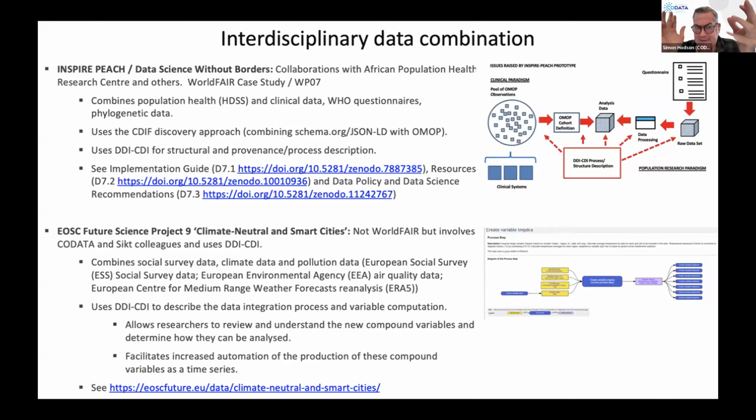Now, again, I'm not saying that that's easy, but it is possible. It is possible to understand those data sets, to describe their structure, to break them apart and put them back together, often using time and geography or time and location. And it is possible to do the hard work of aligning the terminologies. And there's a lot of work going on in the OMOP community and in that project to do that semantic mapping. Another example is the EOSC Future project, Climate Neutral and Smart Cities,